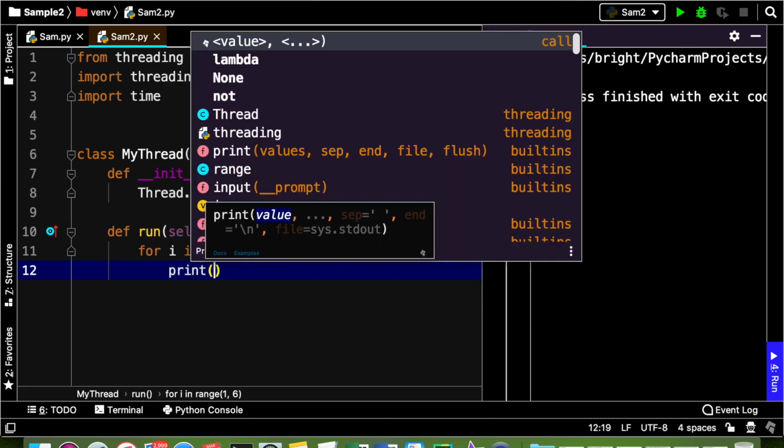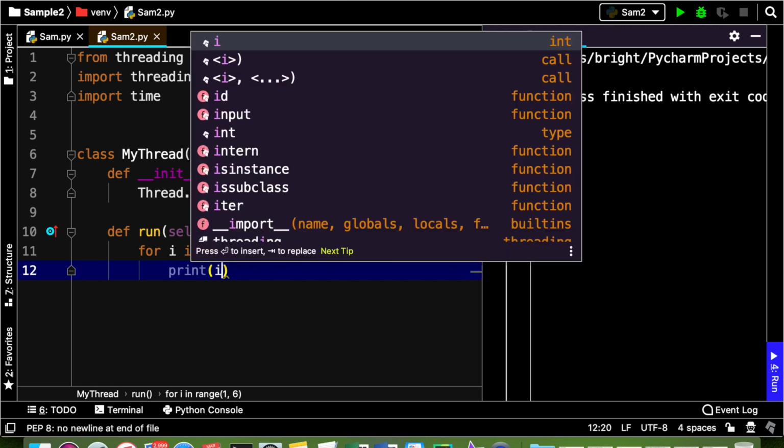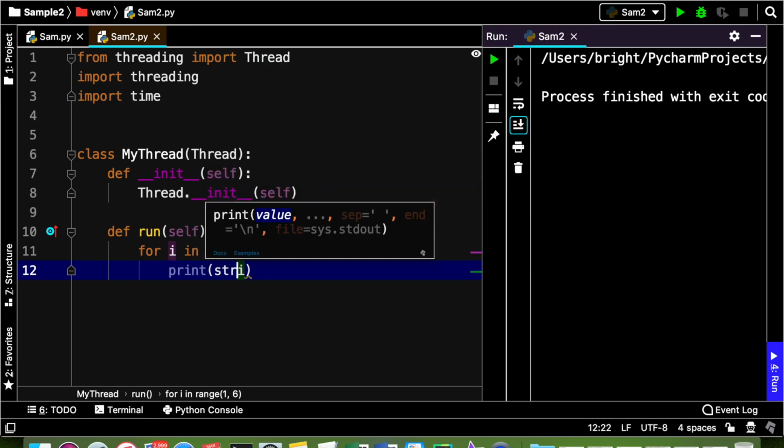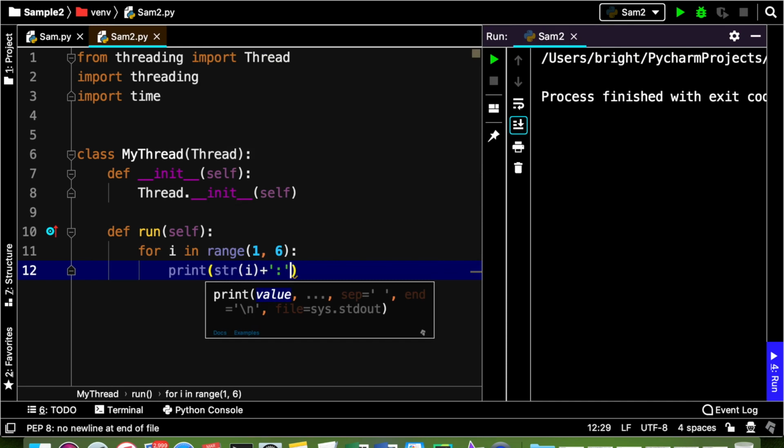Print i. I am going to convert it to str because I am going to append some str data along with this, a colon as separator, then plus